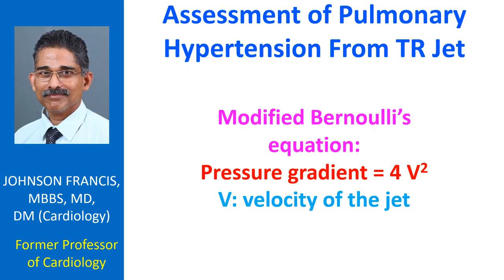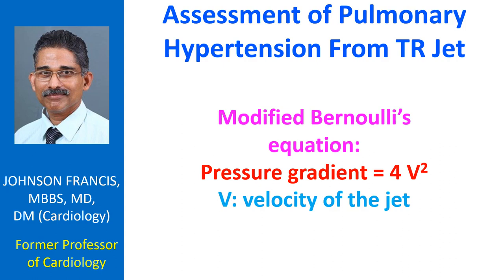In this case, 37 was the gradient calculated, and nominally you add 10 millimeters of mercury to that for the right atrial pressure. So the right ventricular systolic pressure will be calculated as 47 millimeters of mercury, which is elevated right ventricular systolic pressure. And if there is no pulmonary stenosis, the corresponding pulmonary artery systolic pressure also will be 47 millimeters of mercury. That is elevated pulmonary arterial pressure or pulmonary hypertension, which can be either primary or secondary